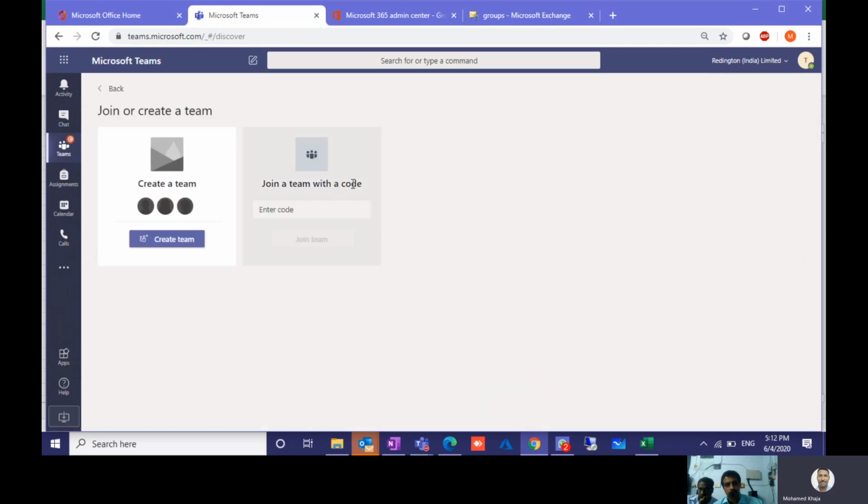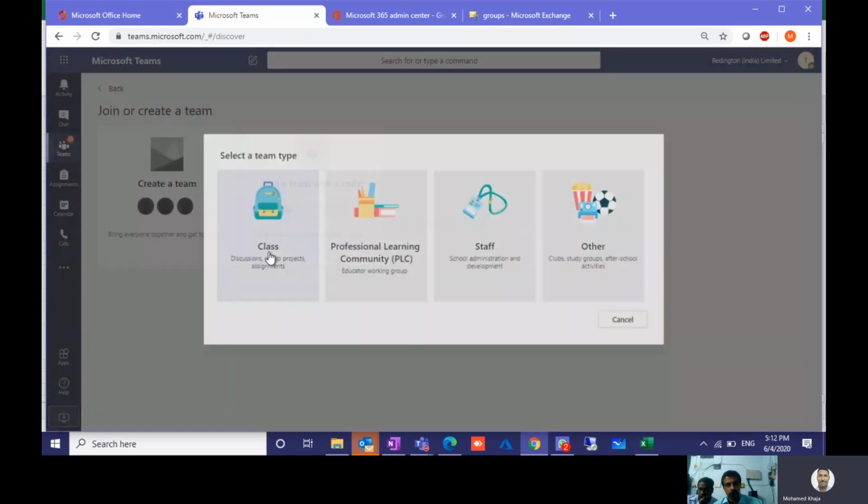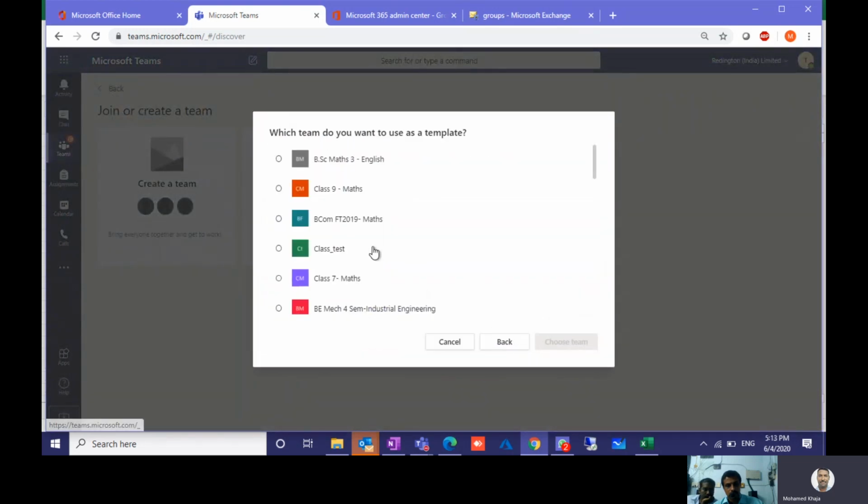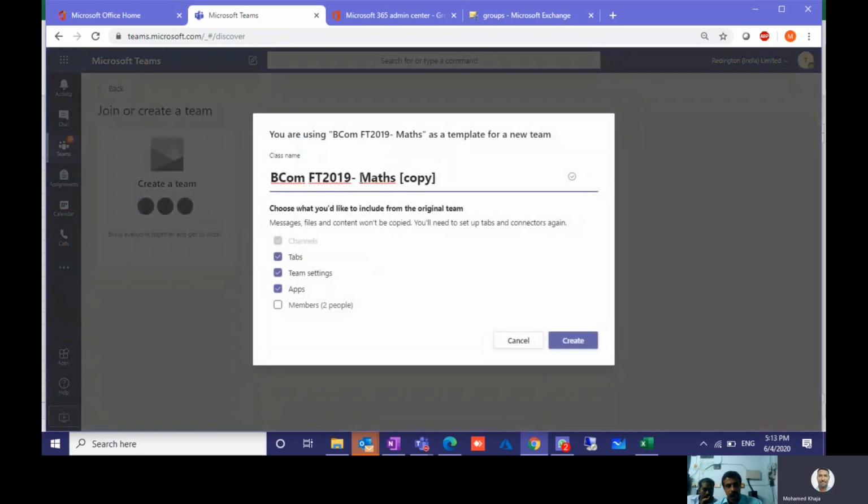Now again, if you want to create another subject for this same class, you select the create template, again the BCom one, choose the team. Now you change it into physics.